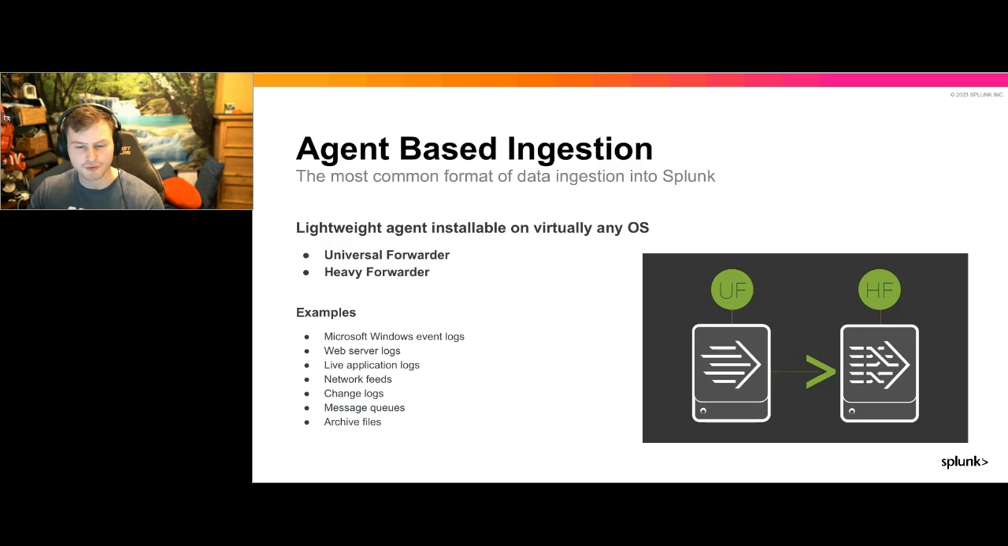So let's walk through each of those. Agent-based ingestion, the most common form of ingestion when we talk about Splunk. When am I going to use agent-based ingestion? I'm going to use it anytime I'm able to get a forwarder on the system and I'm able to access individual files, logs, ports, etc. on the system. So typically, the two types of agent-based ingestion you'll see are the universal forwarder and the heavy